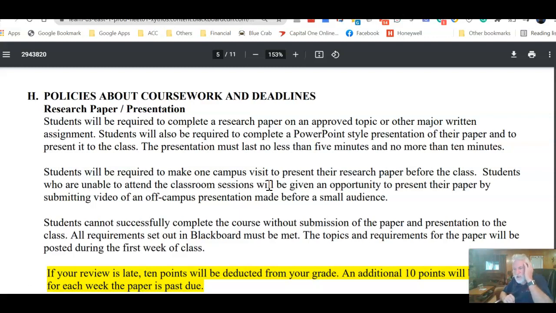Now, there is a due date for the report, and it looks like it's September, if I put my glasses on, 23rd. If you turn it in on September 24th, then you'll have a 10-point reduction from whatever grade you got because it's late. If it is a week later, on October 1st, you'll be 2 weeks late, and you would get a 2-letter grade or 20-point reduction in your grade.